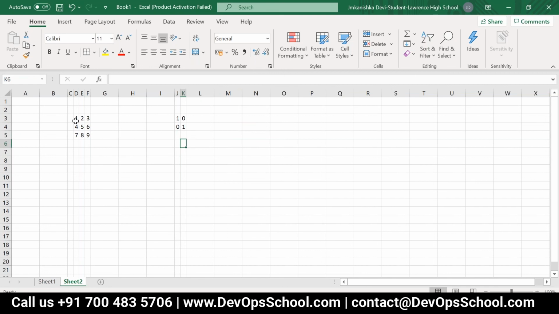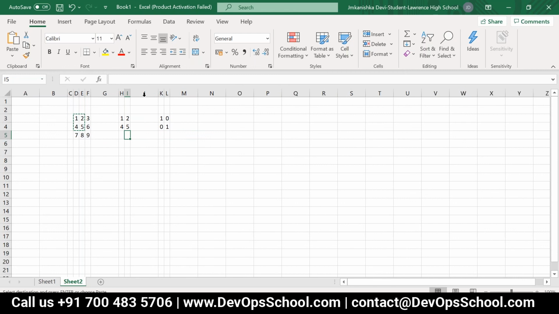So now what will happen from this 3 by 3 matrix? Each 2 by 2 matrix will be taken in the convolution layer. What is the first one here? 1, 2, 4, 5. That is the first one. And what is the second 2 by 2 matrix? 2, 3, 5, 6. Then what is the third one? 4, 5, 7, 8. And what is the next one? 5, 6, 8, 9.